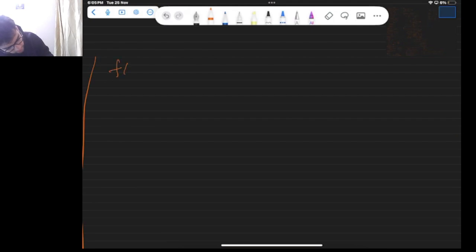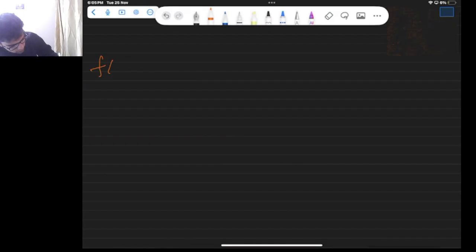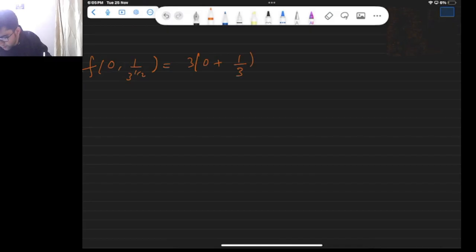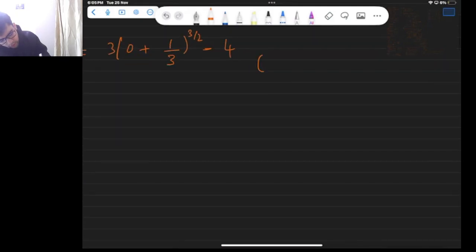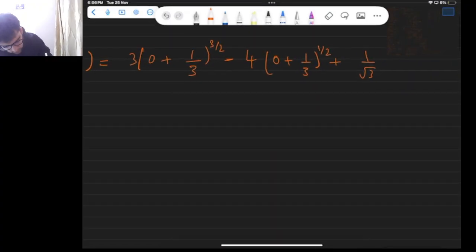So f of 0 comma 1 by 3 to the power half, if I just substitute this in my expression, I'll be left with 3 and this becomes 0, this becomes 1 by 3 to the power 3 by 2 minus 4 into 0 plus 1 by 3 to the power 1 by 2 plus root 1 by 3. I'll be writing this as root 1 by 3. So this will give me